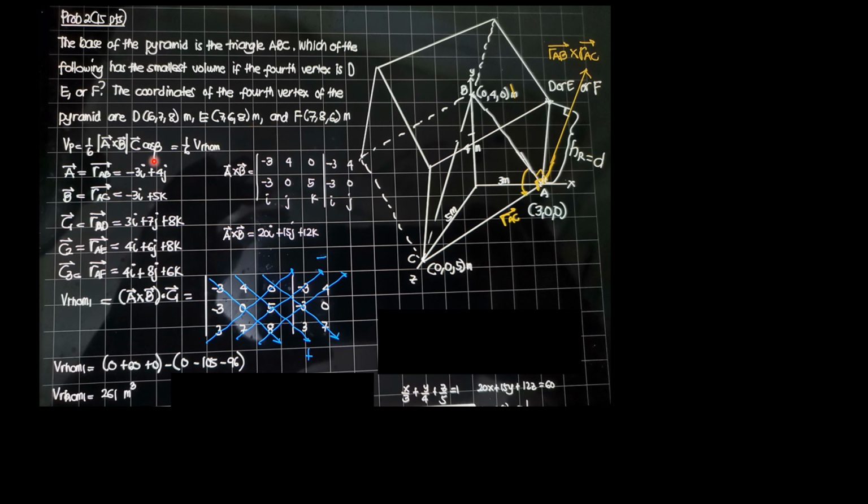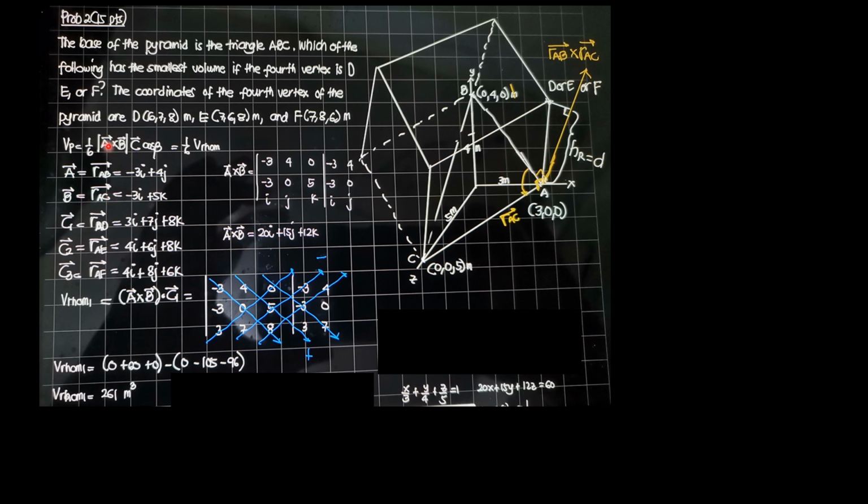So it's not. The volume of the pyramid, remember, is 1/6 absolute value of A cross B times C cosine beta, where C is this vector here from A to D, or A to E, or A to F, and we dot it with this RAB cross RAC. We define our AB as vector A. You may define it by another vector, so I'll just call it vector A as our guide and vector B as our AC, which is that.